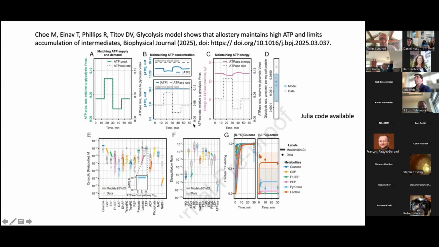Now, all of that can be done, but you can end up with problematic concentrations of intermediate metabolites. And what they've shown here with the continuous lines is that their model fits rather well with the open circles, which are the metabolite concentrations for the different metabolites in glycolysis. And they've also done some experimental work, which the model can also produce. So I haven't tried running the model. It's written in Julia, which is increasingly used for modeling purposes, but I think this is really cool.